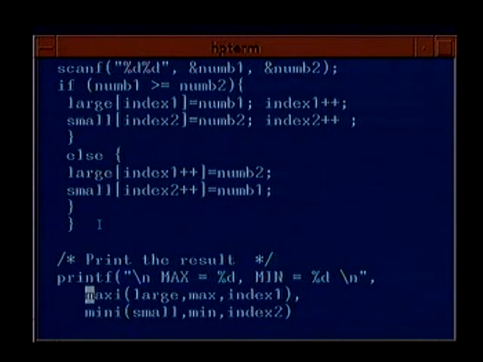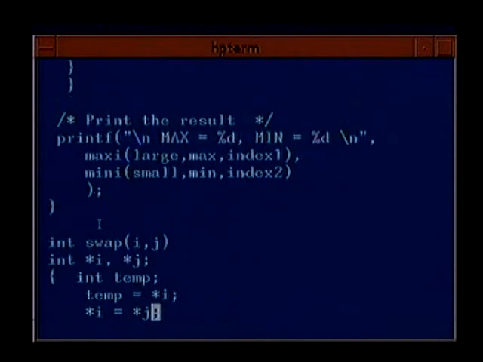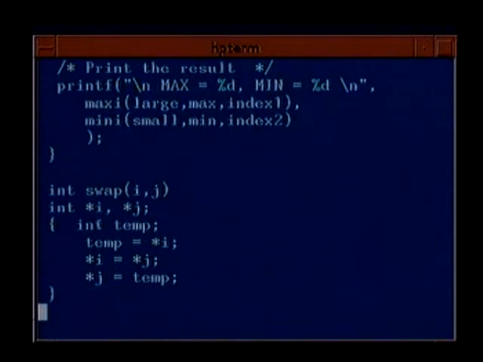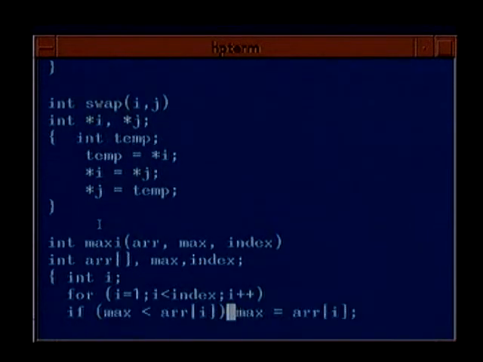So in maxi, I pass the array large, I pass the initial max which I had found by comparing one or two elements, and I pass the total number of elements in the index. This is actually total number of elements plus 1. And in mini, I pass the array small, I pass the current minimum which I had computed earlier, and I pass the index 2. And this is the swap routine which we had seen earlier, and this is the maxi routine.